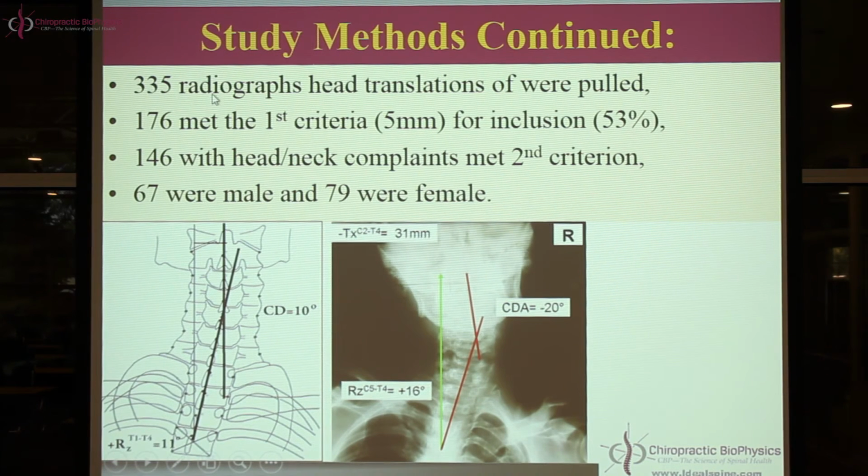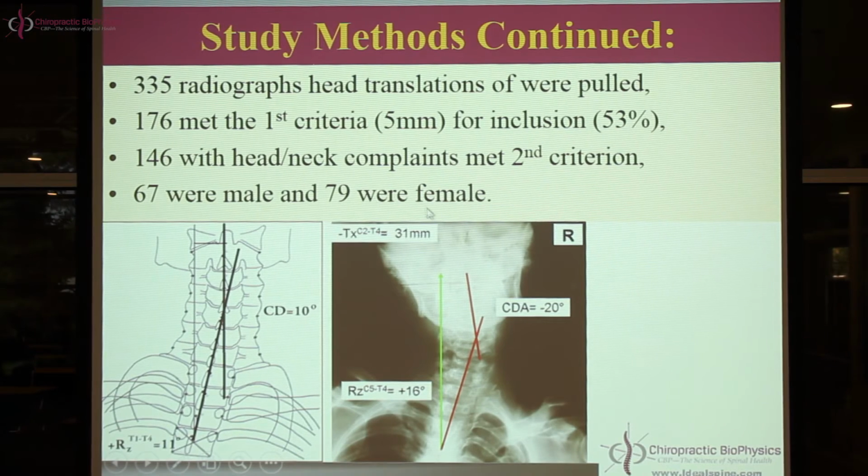Okay, so what we did is we identified 335 radiographs over this time period that we had, cervical spine AP radiographs. Of that 335, 176 of them in 2 years, amongst 335 subjects, met the first criteria for being 5 millimeters, and also being over 18 years of age. Then we identified, out of that 176, we had 146 of them with head and neck complaints. That was our other criteria. So here's my population, 146 subjects,